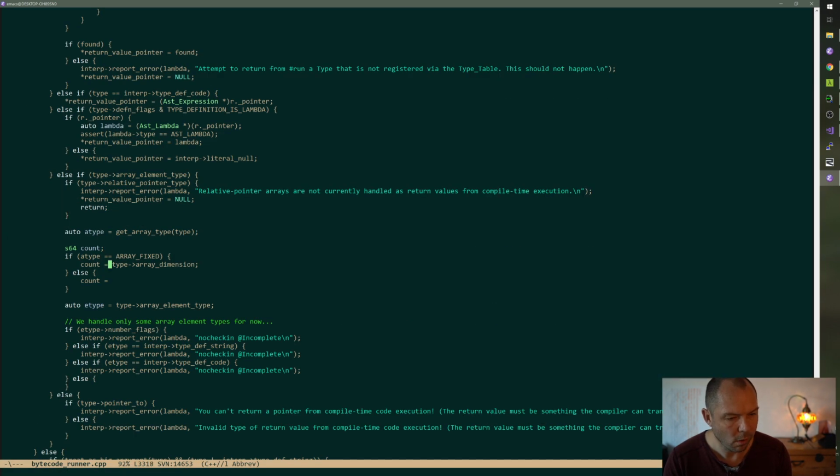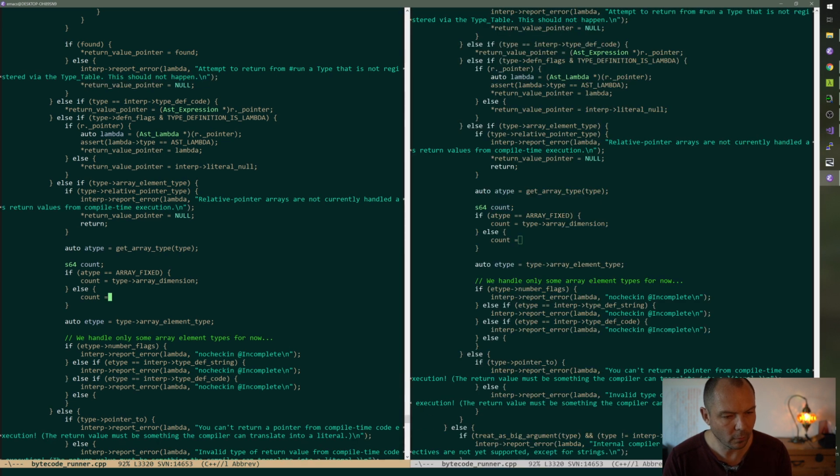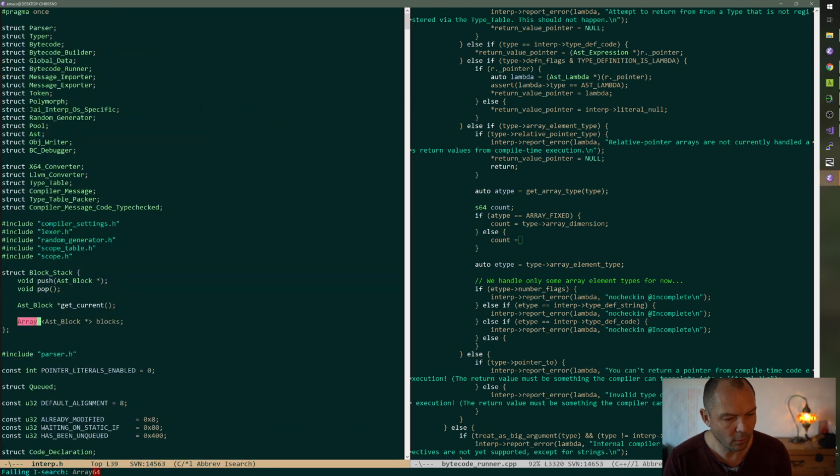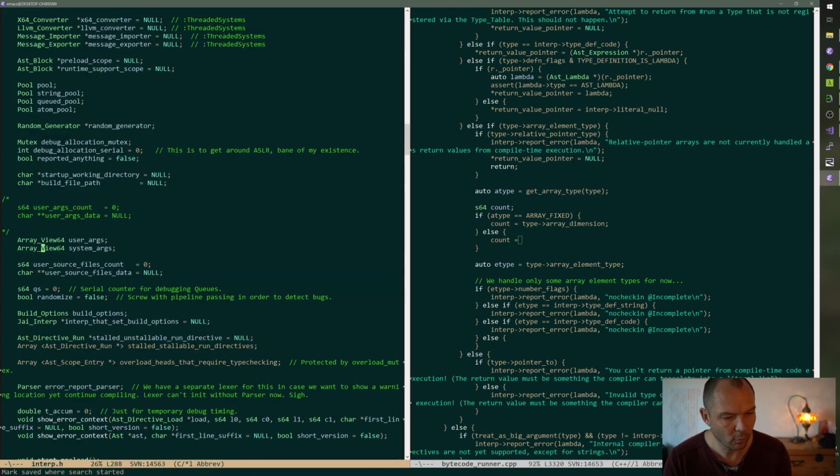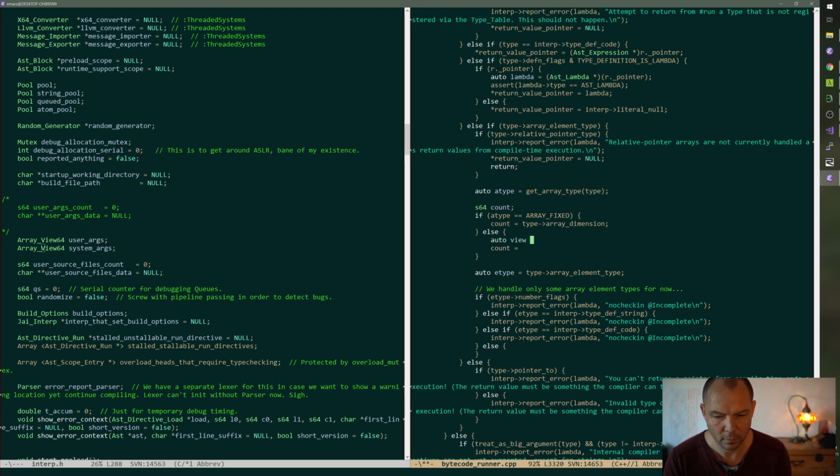Okay. So we have array 64, array view 64. My tea water is just over there. I'm going to need to handle it. So view is an array view 64 of r dot underscore pointer.